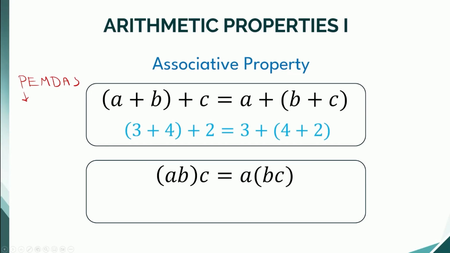It doesn't matter if we multiply A and B first together or B and C first together, you're going to get the same result in both cases. So here's an example. 3 times 9 is going to be 27, and 27 times 5 is going to be 135. If you're wondering how I was able to do that in my head, all I did was,